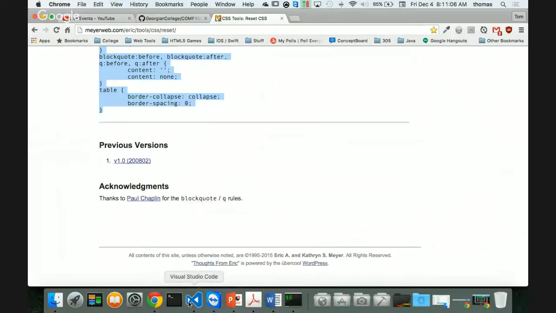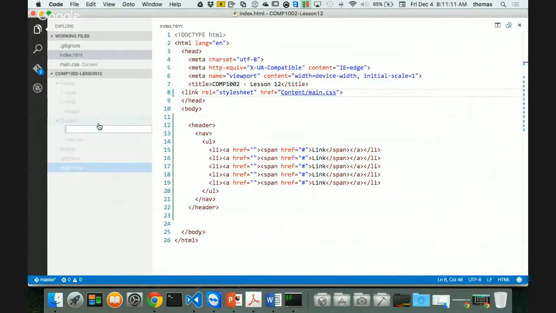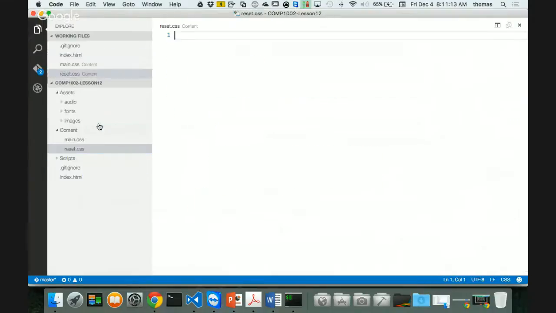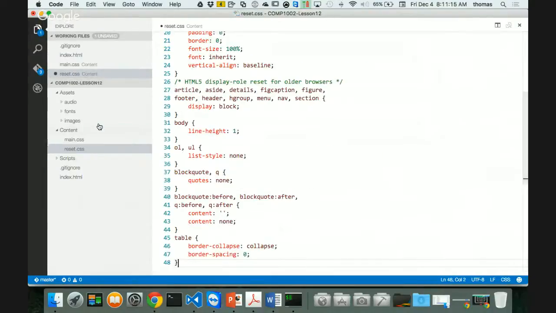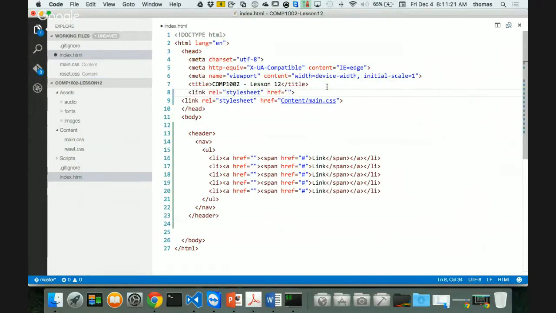And I'm going to go back into my files here. I'm going to right-click on my content, new file, and we're going to put a reset.css. Then paste all that stuff in there and save. And now I got to link my reset.css into my files. So I'm going to say link, and we're going to point to it by content reset.css, and that's going to reset everything to normal, right? So we got some